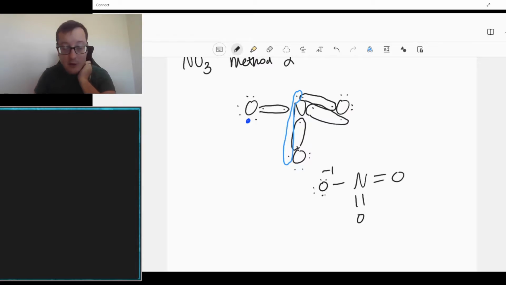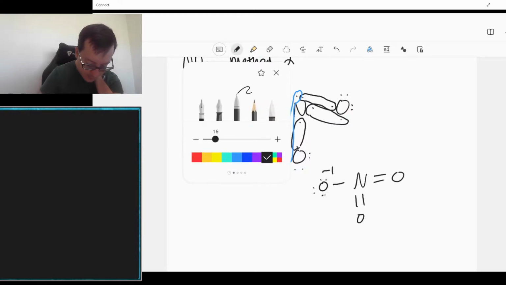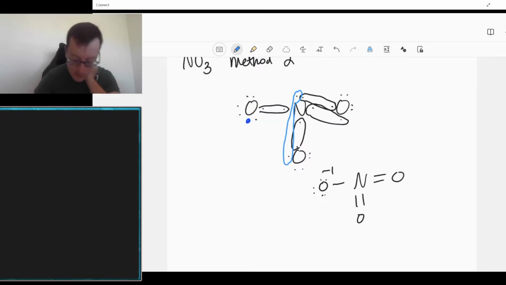You'll get the negative charge on the oxygen there. This is the only part you have to be careful with in this method. If you end up with a hypervalent species, something with more than 8 electrons, that is not allowed to have it, aka something in period 2, you're going to have to fix it by doing the opposite of what we